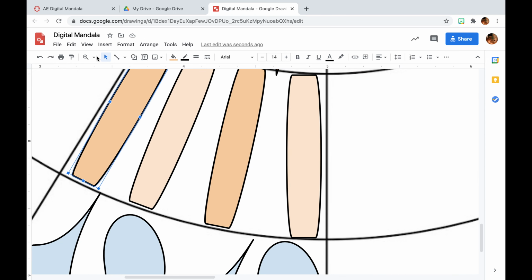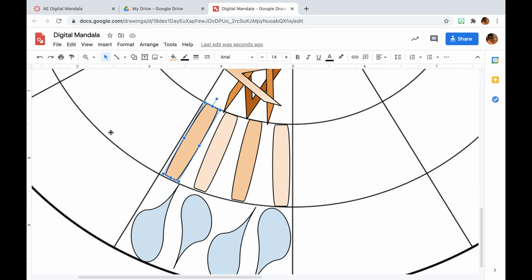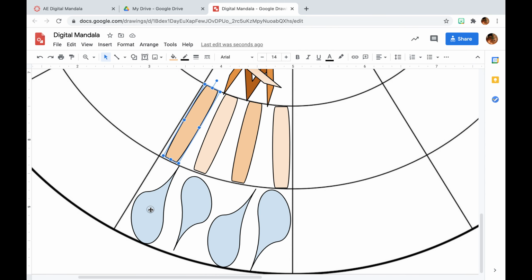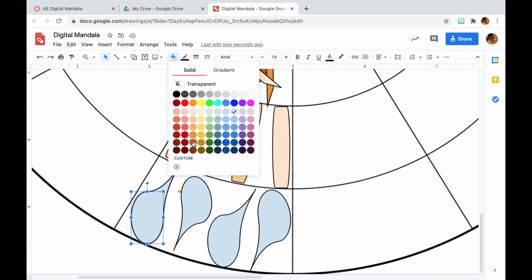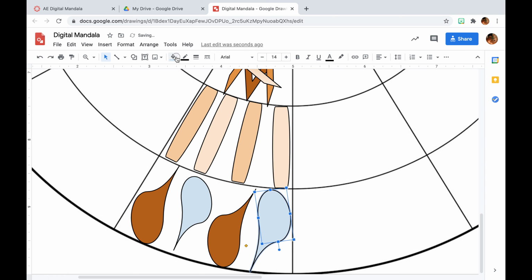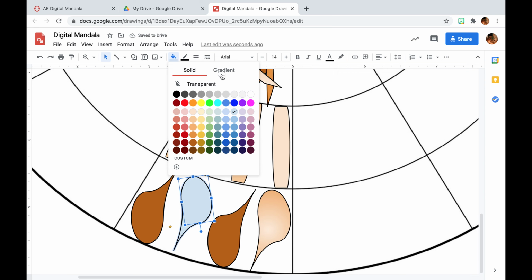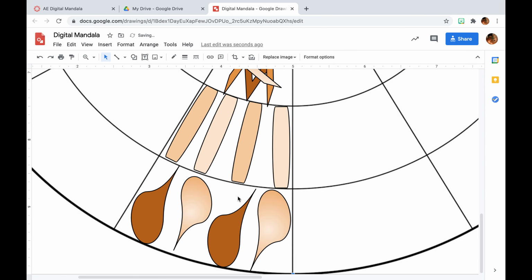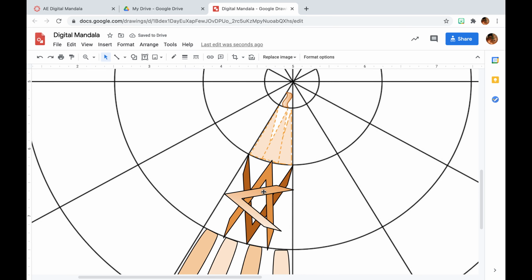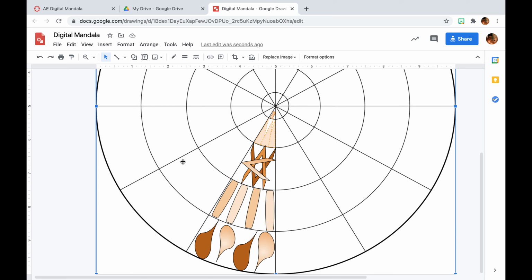So I've got almost all of this completed. I've got my color choices and things for my shapes put on here. All right, so now I want to create a mimic of this so that I can put it in each of the other sections. So if you remember how to do this, you're going to have to click on each